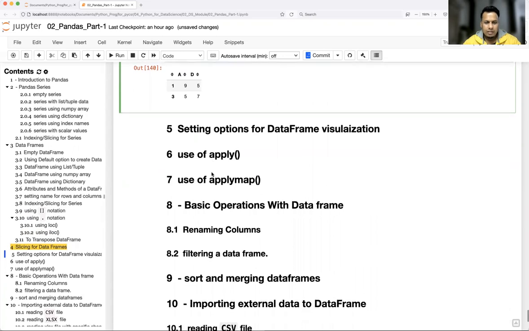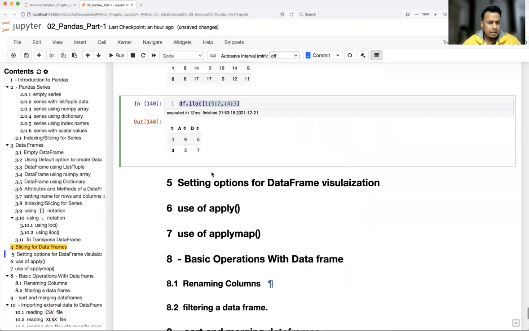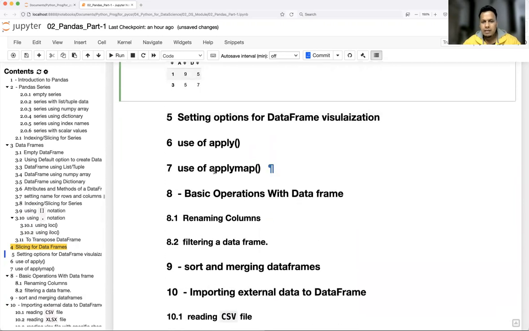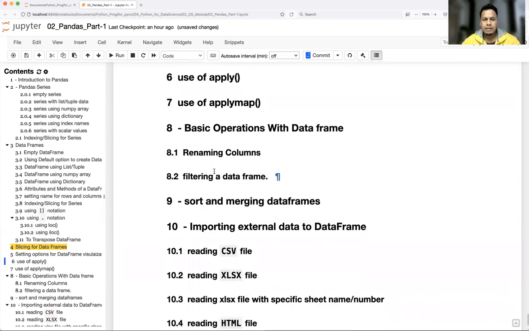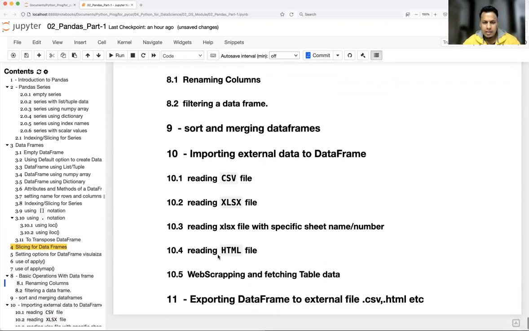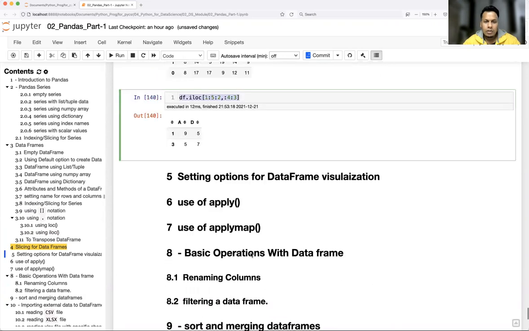Okay, then a couple of other functionalities. Yeah, and we'll see how to read external data, whichever is there in a .text file or .html, or reading data from an HTML web page and extracting the table. Okay, that also we'll see. This is very interesting. So those who are going to take real-time data from a web page, this will be helpful when you understand this particular part, and how to export to a different file.